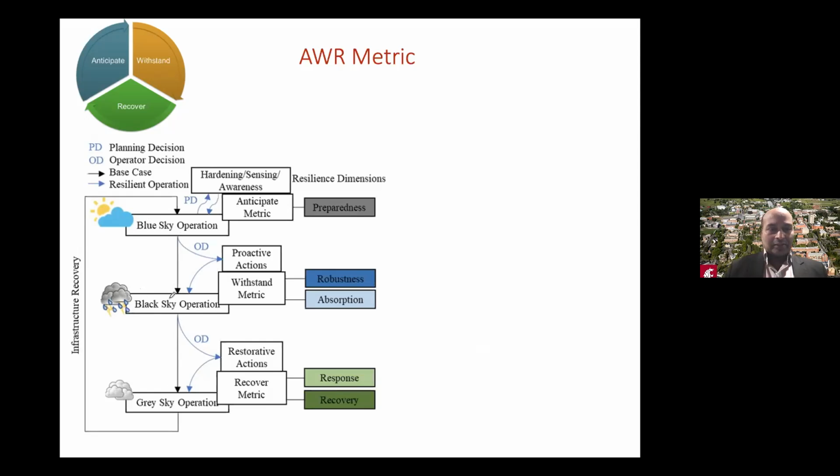And then from here, we want to recover and then maybe go from a gray sky day where some load is out, and then go back to the blue sky day. So these are part of the not operation, but will be a planning exercise. And what we want to do is, again, measure this anticipate metric, which will tell me how much prepared I